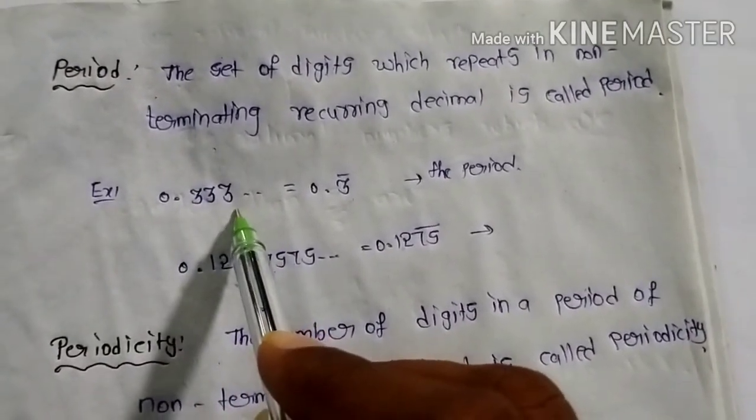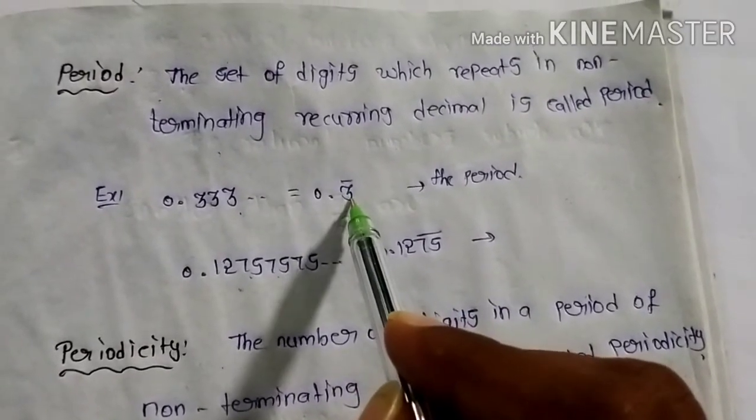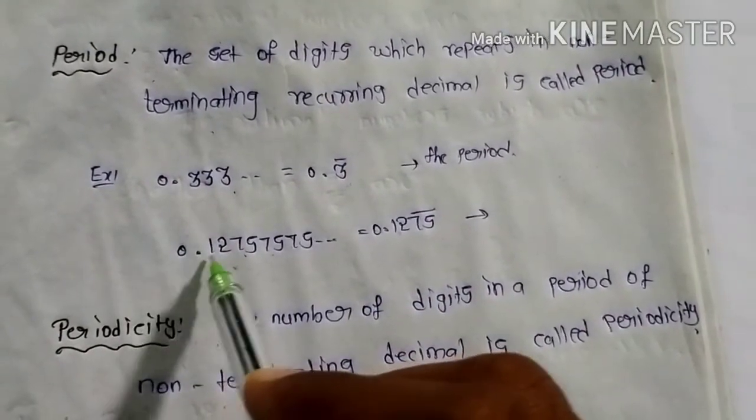That means here, 3 is repeating or not? So can I write here 0.3 bar or not? You can write which number is repeating. You can put a bar on the digit. Here also, once you can see here